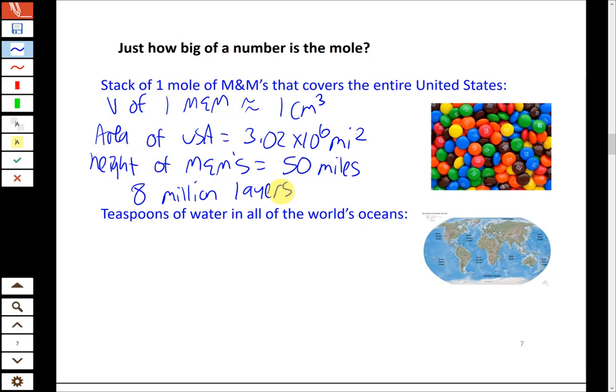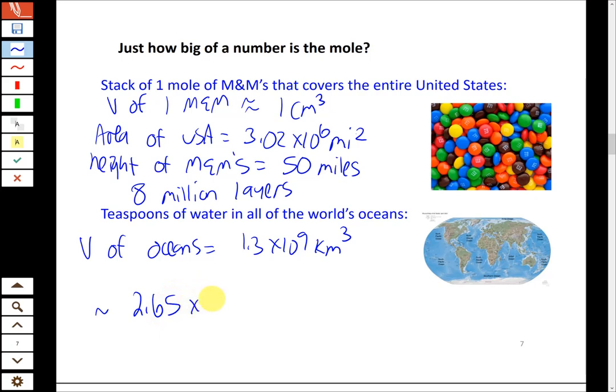All right. So then we can also do another comparison to tell you how big the mole is. Let's figure out how many teaspoons of water are in all of the world's oceans. Let's say we take a teaspoon and we're scooping out all the water from the oceans in the world. The volume of the oceans, you have to do some conversions to get this math right, but it's like 1.3 times 10 to the 9th cubic kilometers, which is huge, right? If you do the conversion factors, that corresponds to about 2.65 times 10 to the 23rd teaspoons,